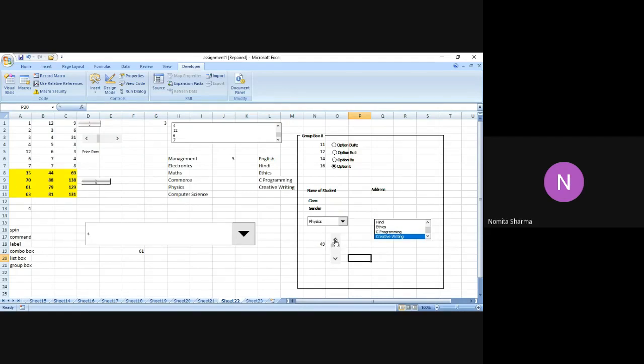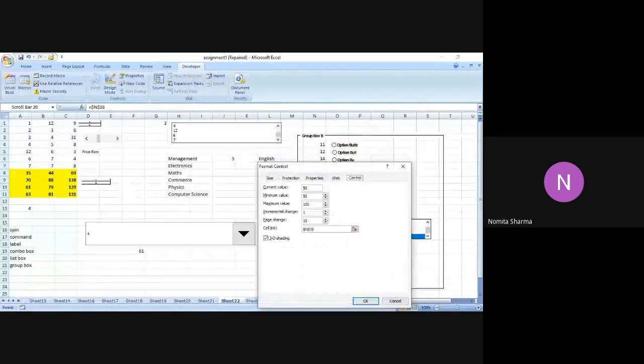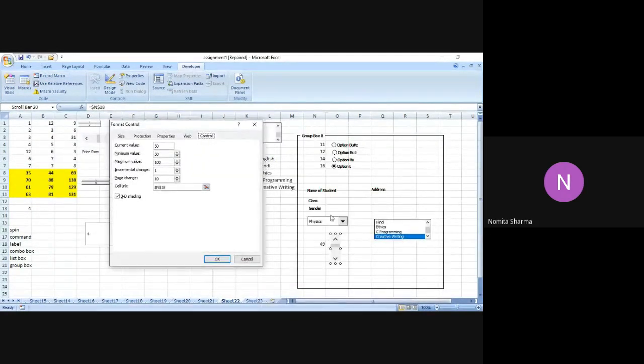Let me just go to the scroll bar again. And if I go to the option of this, yes, it has taken that value, but please remember, when you are trying to use the scroll bar to change the value, then this will not decrease that number. Reason being, the minimum value that we have kept over here is 50, right? Normally, as a student, you don't have the right to change the titles. So you can actually give your marks over there, but you can't change the criteria which is mentioned over there, which I did, which is wrong in a way.